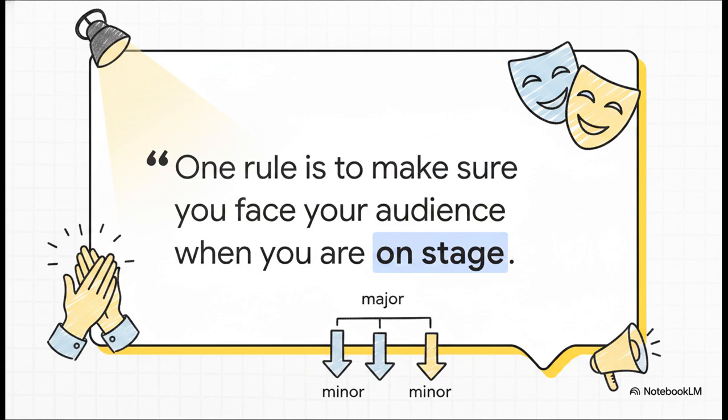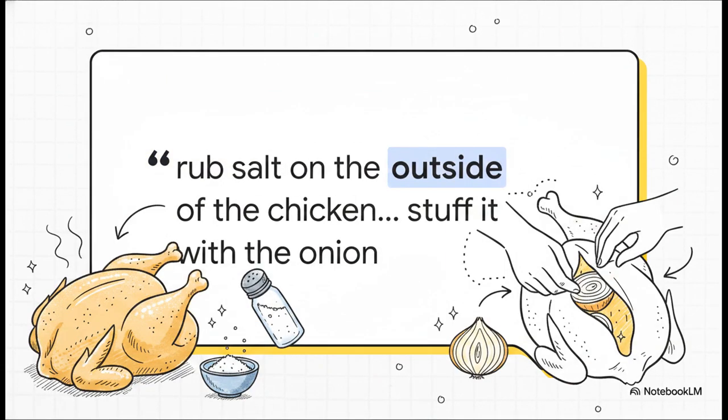It is perfectly structured. And you know, this works just as beautifully outside of academia. Take a look at this fun excerpt from a roasting chicken paragraph. "Rub salt on the outside of the chicken. After the chicken has been salted for 1 hour, stuff it." These step-by-step facts are acting as the perfect supporting evidence for a how-to paragraph. Each sentence sequentially proves the initial topic sentence, which stated that roasting a chicken is a simple process.